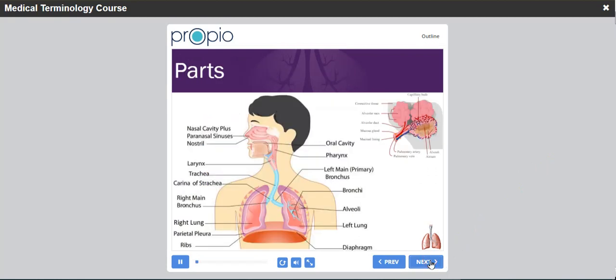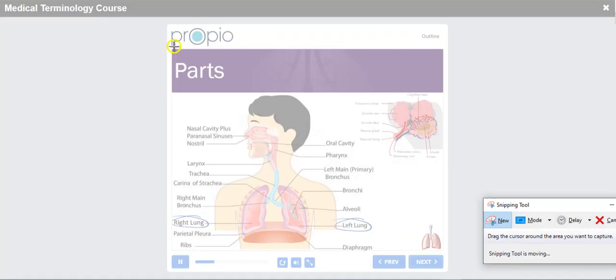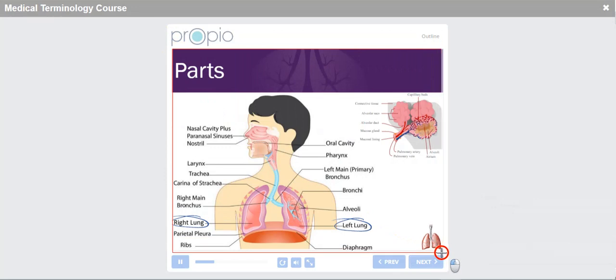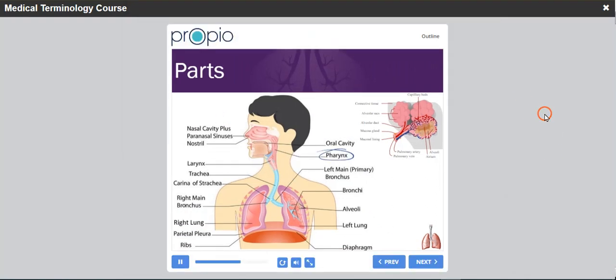Here are the essential parts of the respiratory system: lungs, airways, linked blood vessels, muscles, nasal cavity, nose, sinuses, pharynx, larynx, trachea, bronchi, bronchioles, alveoli, capillaries, diaphragm, pleura, thorax. Now let's talk about